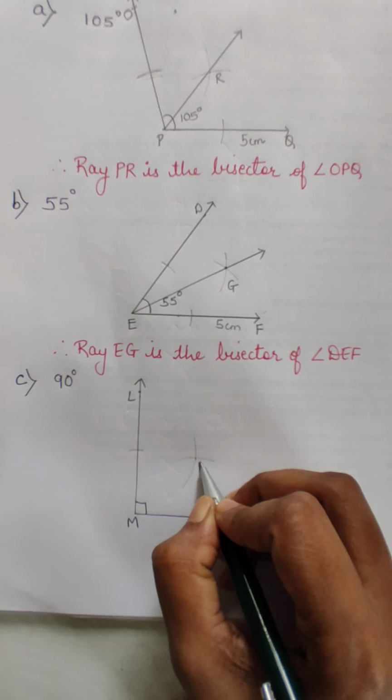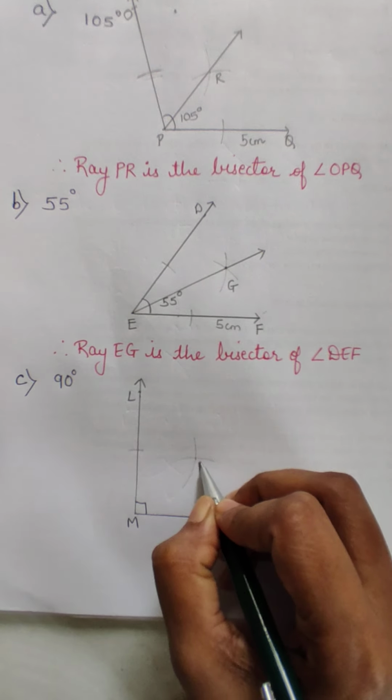Now let's move to question number 3. Now the question is, draw an obtuse angle triangle and a right angle triangle. It means we have to draw two separate triangles. One is a right angle triangle, one is an obtuse angle triangle. Find their point of concurrence of angle bisectors and where do they lie.